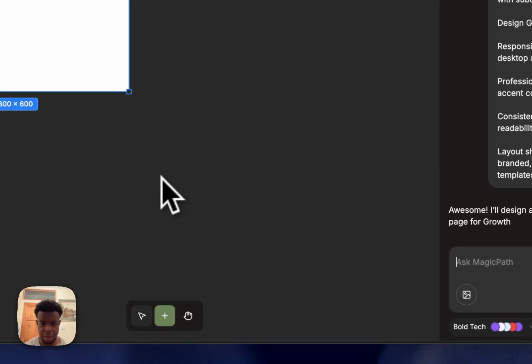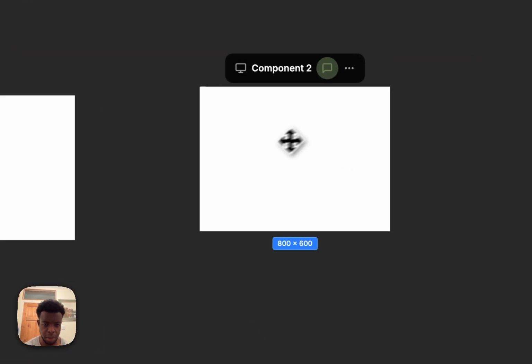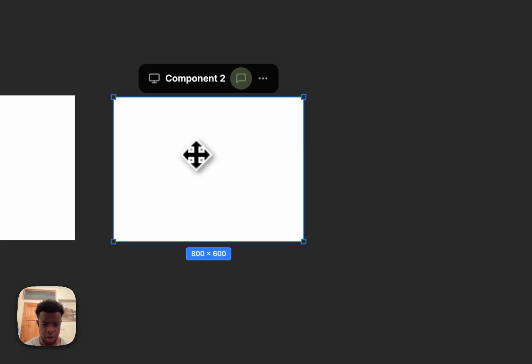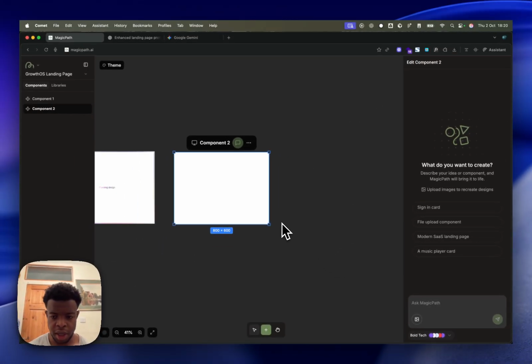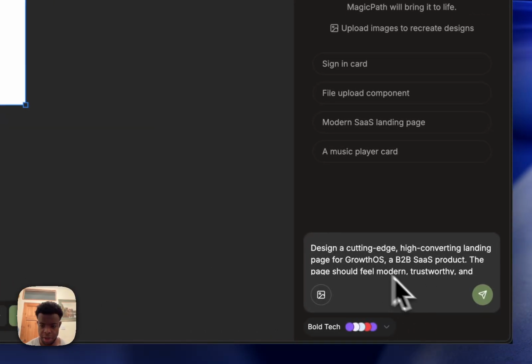And the good thing about MagicPath is that at the same time you can create another component, multiple components even. So we're going to create another variant using a slightly different prompt. And we can also use the same design system. Let's say our company has a specific design system that we're using. Let's use the same design system but a slightly different layout and structure. So I've got my second prompt here, and I'm just going to press enter,